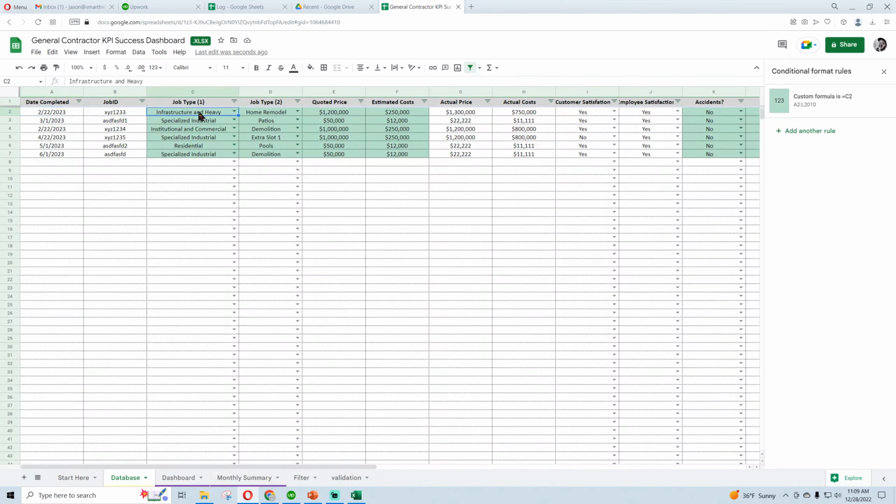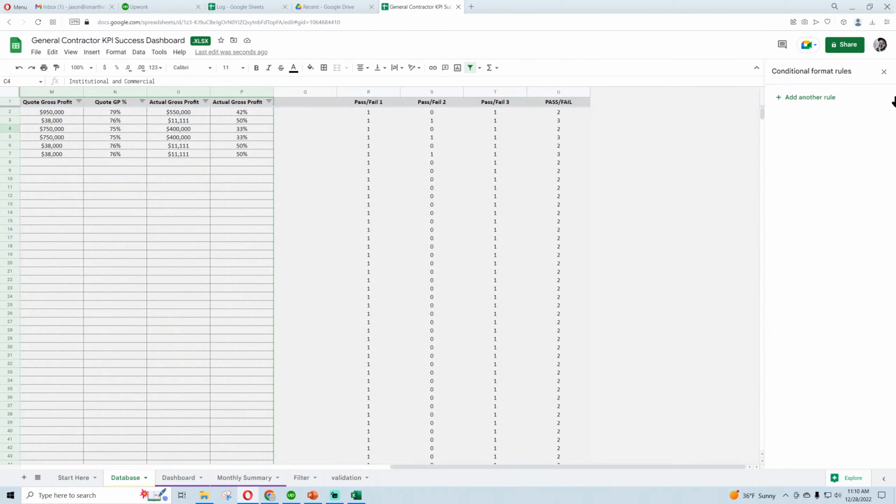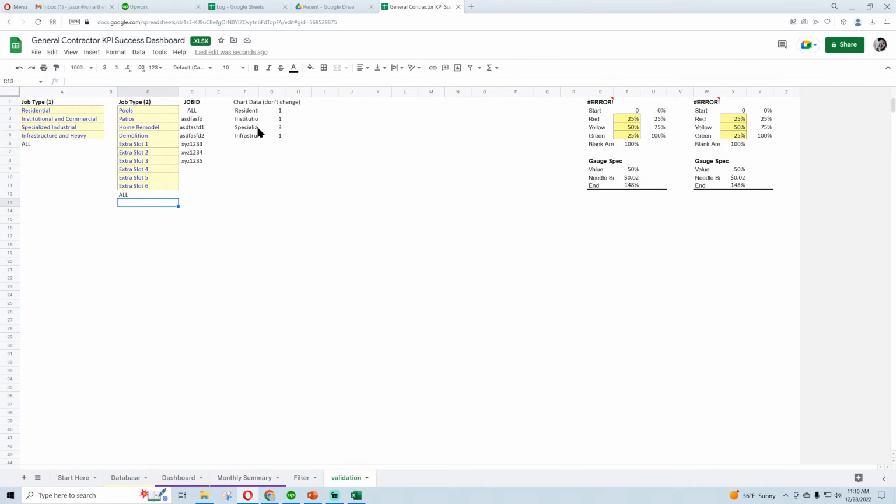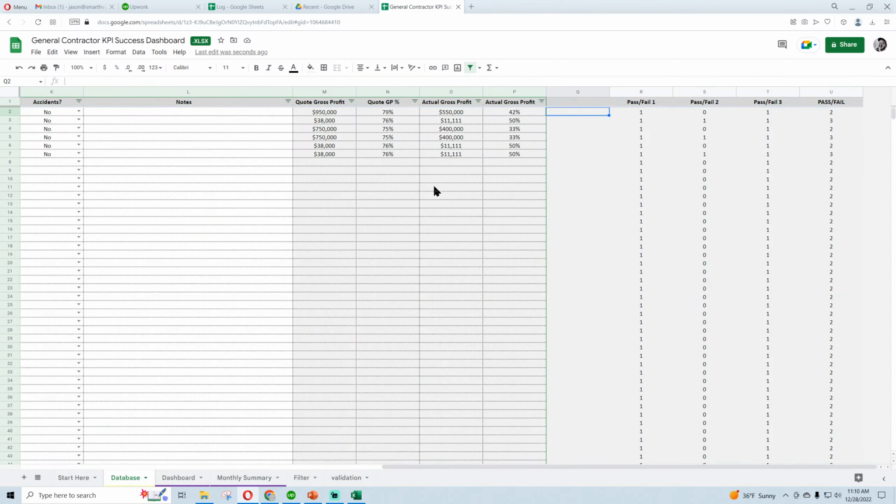So what I could do is assign a number to each of these, and then number one could be green, yellow, etc. Let me think about this. So we could say for color formatting 1, 2, 3, 4. Okay. And then I just assign a color to a number. That way you can change what these are, and we'll still know what color it is. And then here I'll just do an array formula,